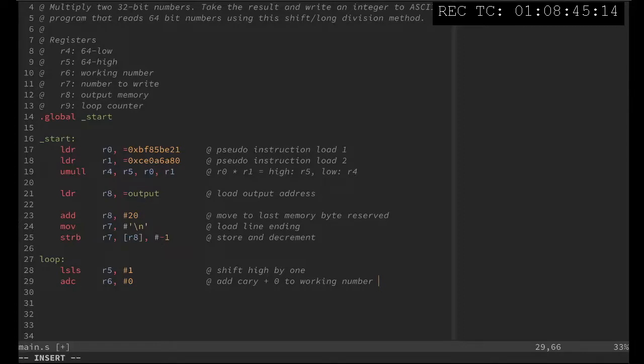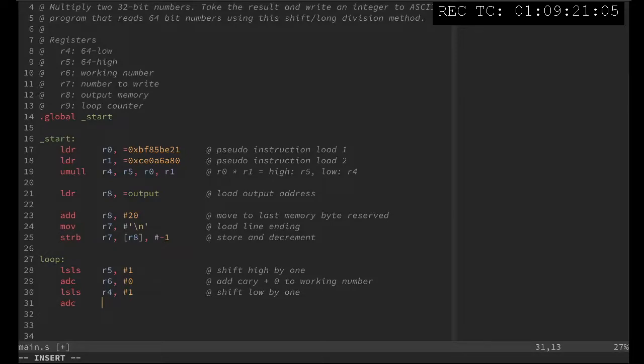And so this is perfect for what we're doing. The next thing that we need to do is we need to shift the lower 32 bits. And so we're going to do the same command, LSL, on the low, so R4, and we're going to shift it by 1 again. And then we're going to use the add carry again, but this time we're going to add it to the higher 32 bits. And what we're going to do is, if you can visualize it, we take the lower 32 bits, shift it left by 1, and now if there was a 1 there in the most significant bit,